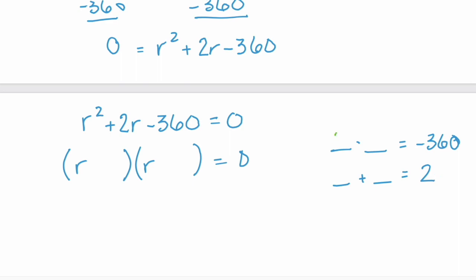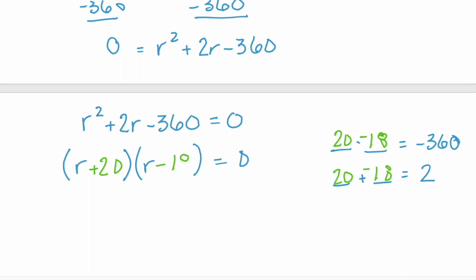Those two numbers would be 20 and 18. And one of them needs to be negative to give us the negative 360 when we multiply. And when we add them, we need to get to a 2. So the negative value is going to be the 18, which means our factors are r plus 20 and r